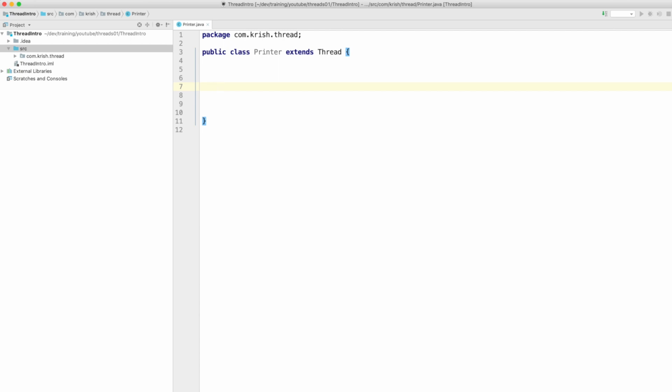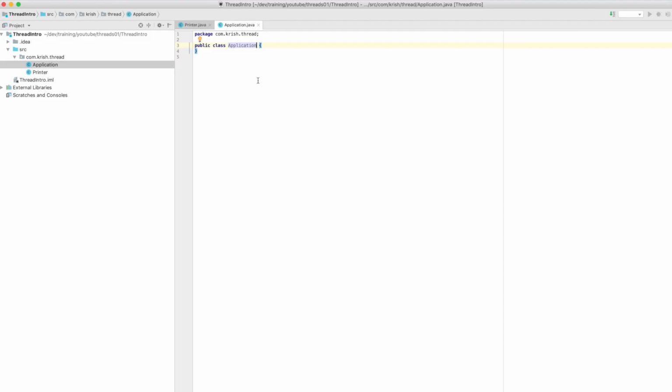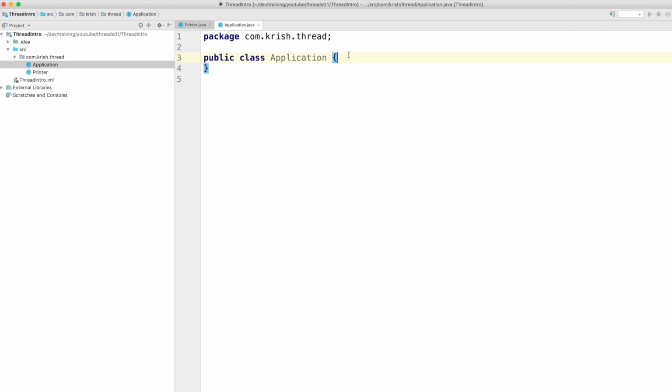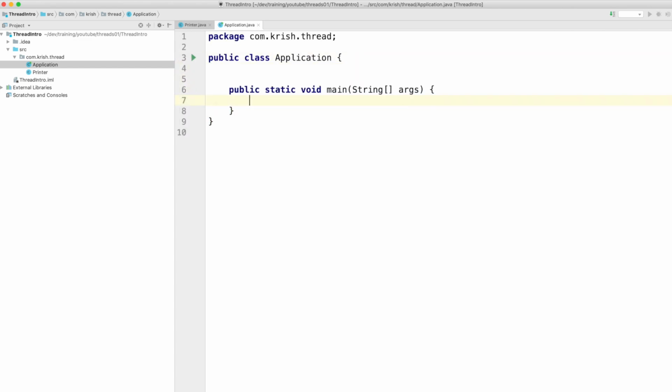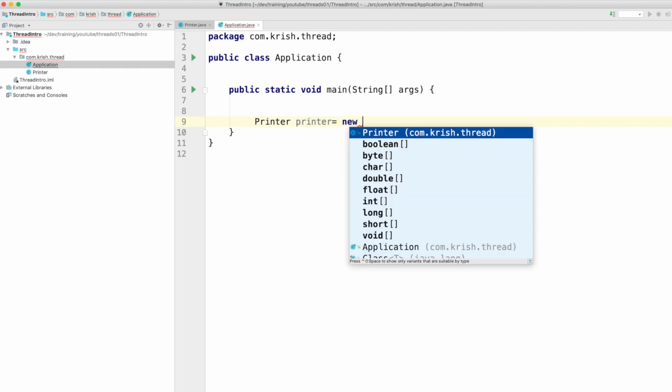Here, the first thing: it must override the run method, right? Let's see what's going to happen if we do not override the run method, so we can get a clear understanding of what the run method and the start method are and the relationship between those two. So I'm going to create the application class here, and in that application class I have a main method, right? In the main method I'm going to call Printer printer equals new Printer